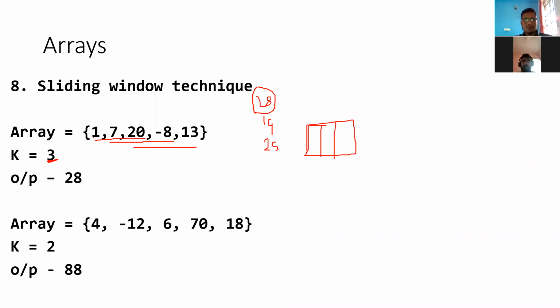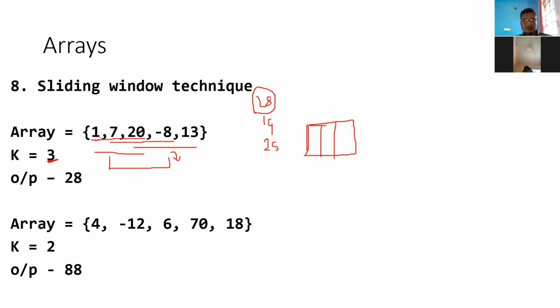So what we can do is compute a sum, let's say the first one starting from 0 till the window size. You compute the sum and declare that as the maximum sum, right? And then increment i, starting from i equal to 1 till i less than n. What you do in the window is decrement the first element and add the next element.